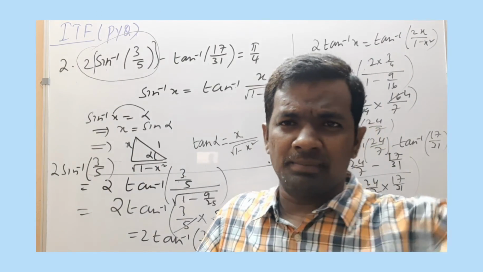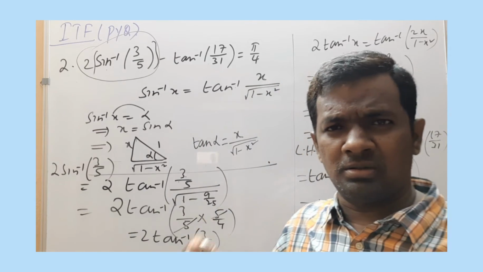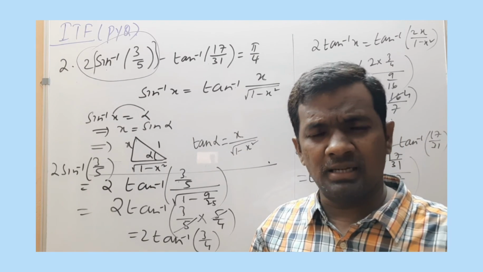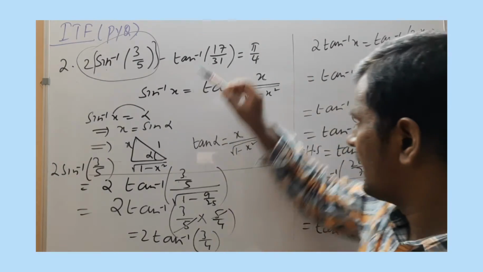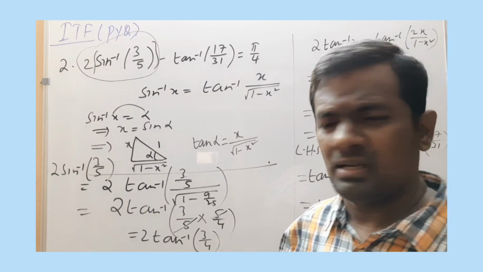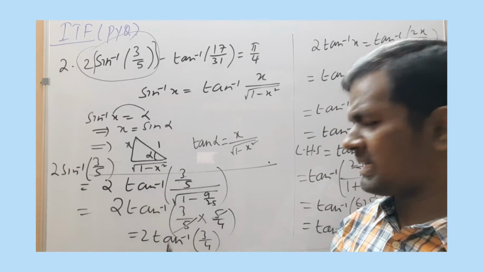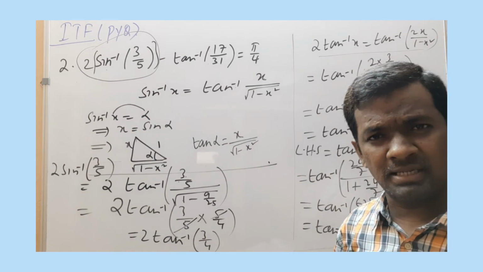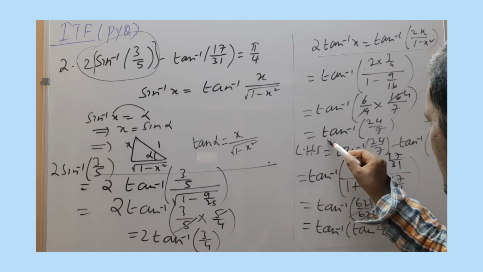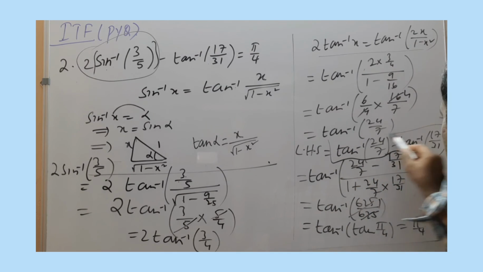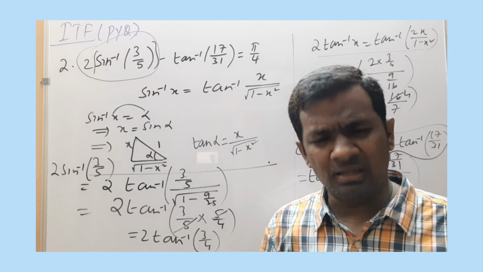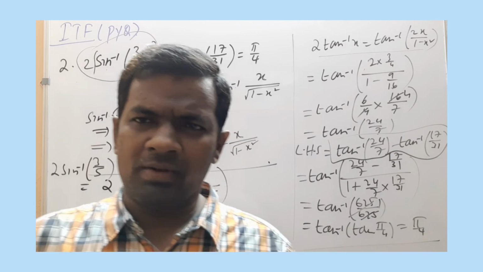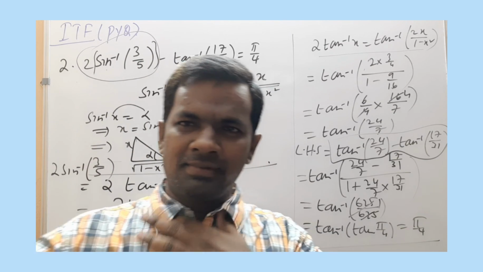So the important point which you should remember in order to solve this particular question is writing sine inverse in terms of tan inverse as x by root 1 minus x square. Then here, application of the 2 tan inverse x formula in terms of tan inverse 2x by 1 minus x square. Finally it turned out to be LHS tan inverse x minus tan inverse y. Applying the formula tan inverse of x minus y by 1 plus xy, we can get the required answer. Fine.